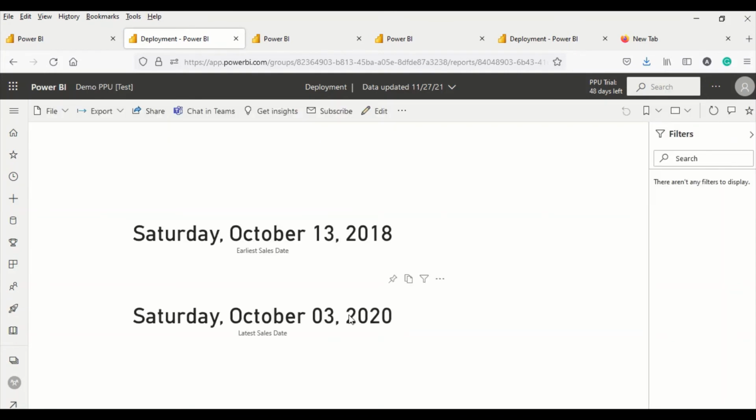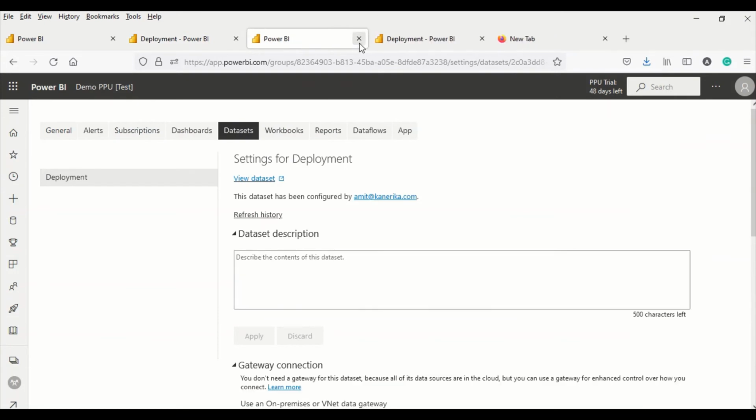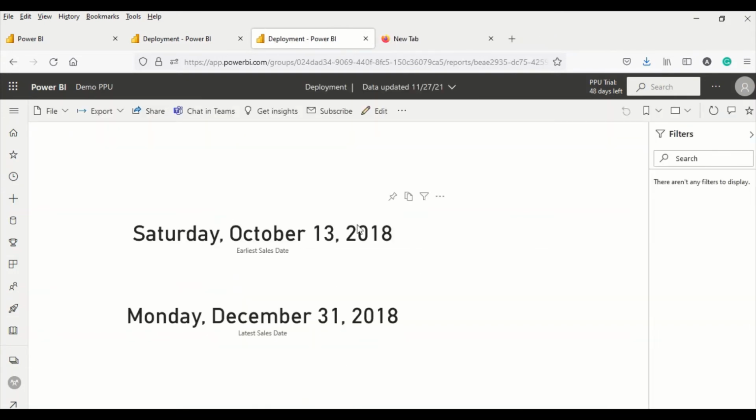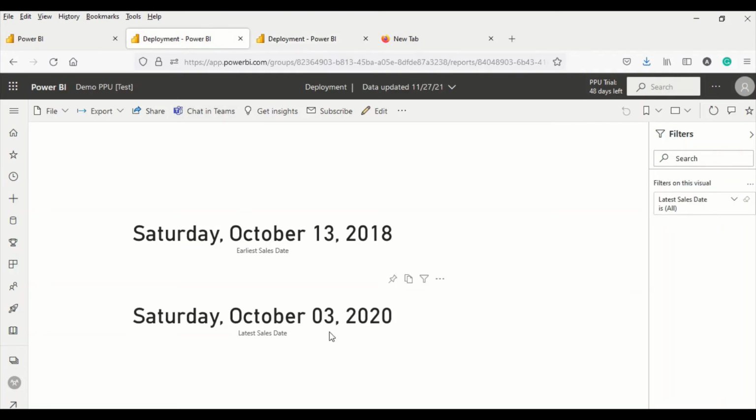And now what dates do you see? You see this 2020. This was not the same number you were seeing in your reports here. See, this was 2018, and this is 3/2020. The date has changed. So now what this parameter has done is that I'm able to get more data in my test environment, and I can get even more in the production environment. Okay, I can set those parameters when I create the production.